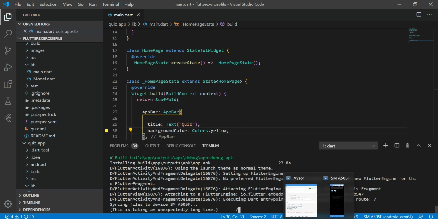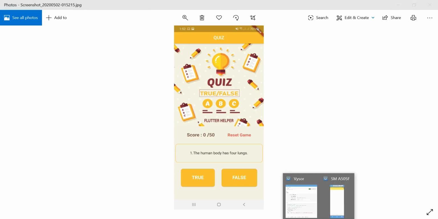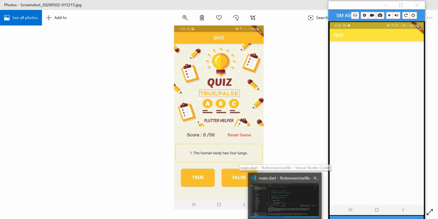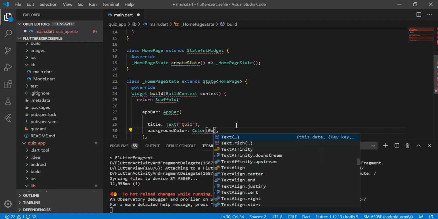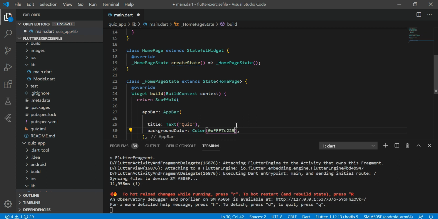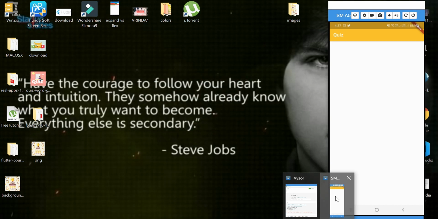Now as you can see, the color of the app bar I provide is yellow, but in this I am using a different shade of yellow. For this I am using a specific shade of yellow which is called a hex code value. Hex code value is a 6-digit value of a color code. To know more about hex code value, you can Google it, or I'll drop the link of a color picker in the description. You can check this out. And this is how you are going to apply hex code value: 0x, then ff for fully opaque, and after this a 6-digit hex code value. Now let's reload our app.